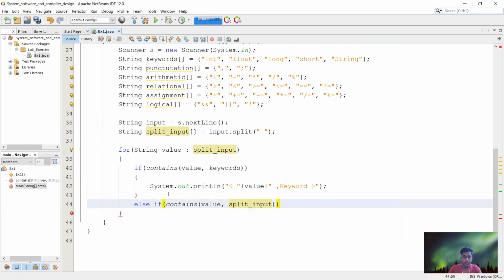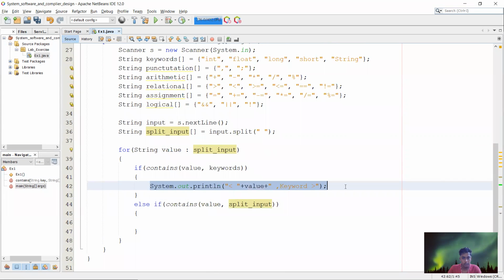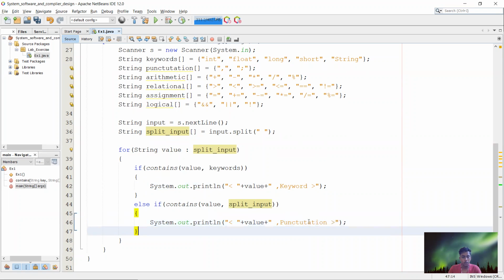So I'm going to copy this and paste here. Instead of keyword, I'm going to write punctuation.